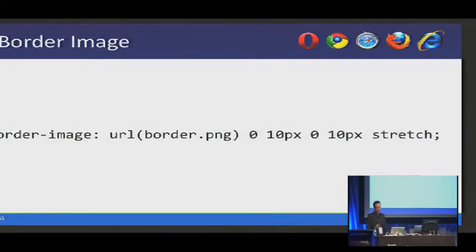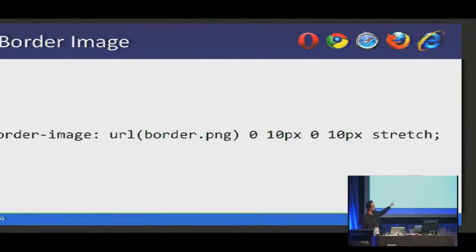This is an interesting one, a little bit tricky to get your head around, but this allows you to create image borders. Have any of you used CSS sprites before? A handful of you. CSS sprites are a nifty way to contain all your images in one file. And what you would do is use the background position element to move that around. It's like a clip. You have a visible area, and your background image you can just move around and show different bits of an image. Same concept with the border images.